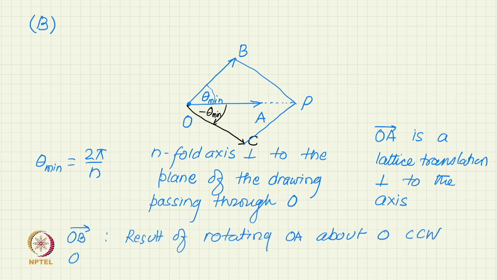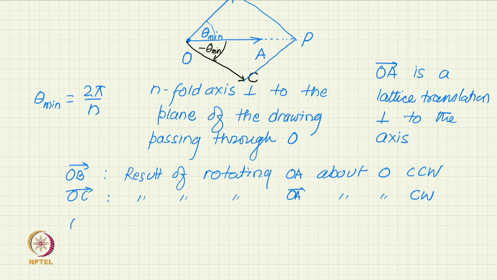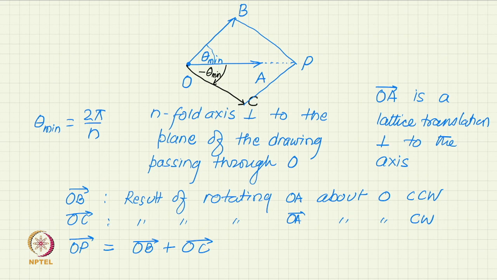Counterclockwise. Clockwise, and then we are having OP, which is the sum of OB and OC. And again by the same understanding, since OA was a lattice translation, OB is obtained by a